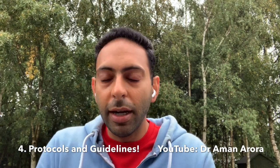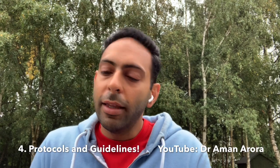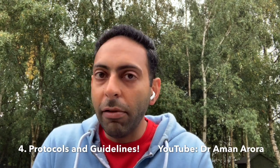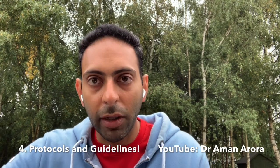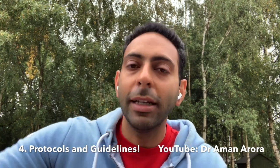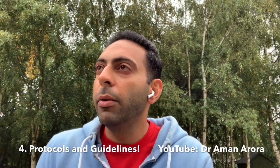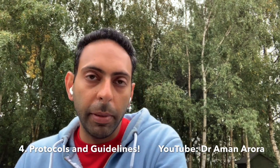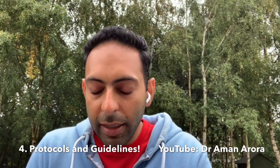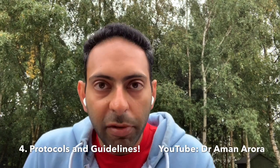and that these are just guidelines, they're not strict rules, that only developed in my A&E rotation because I saw so many patients that needed me to go through these protocols and guidelines. That when I went into GP practice, it was there already. I didn't have to learn how to do it, and I was able to jump in and do that from the beginning. So protocols and guidelines are going to be there for you throughout your GP training, whatever rotation that